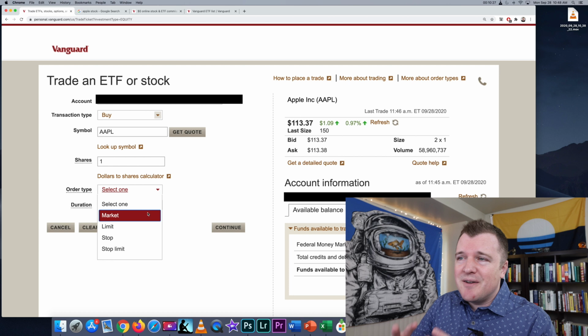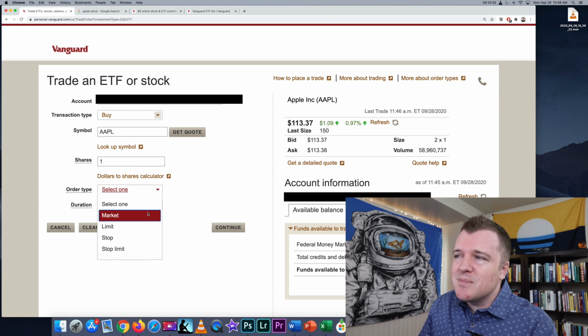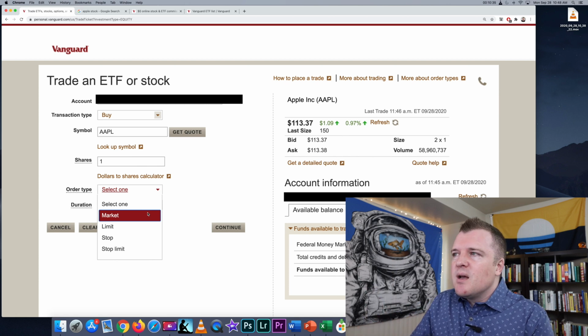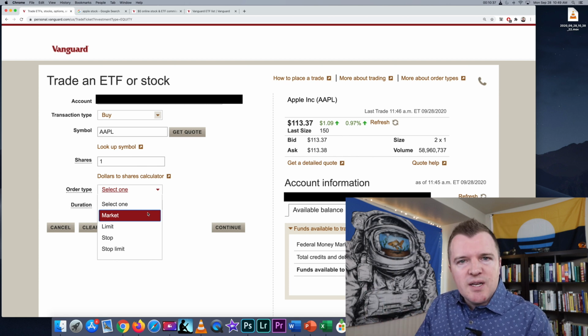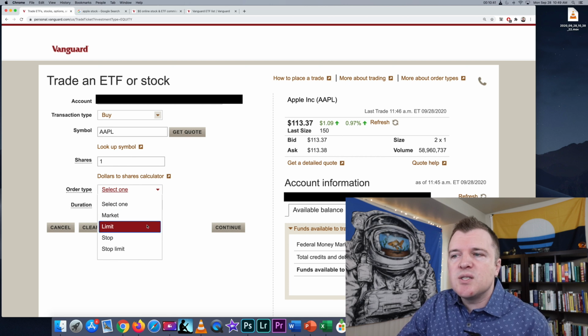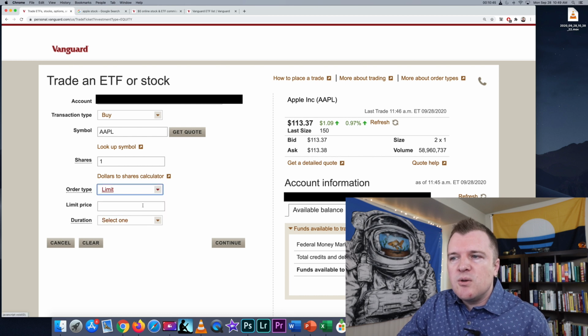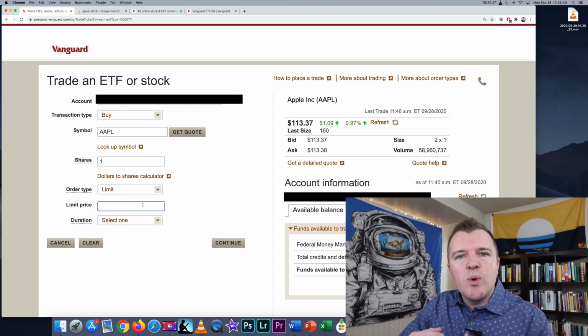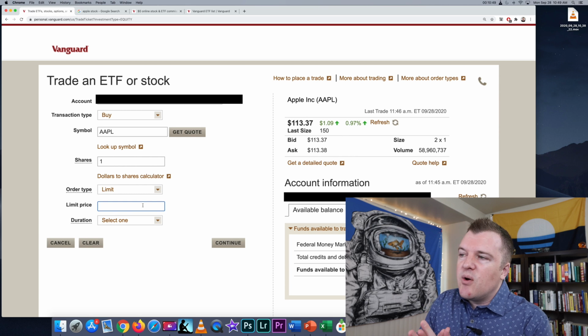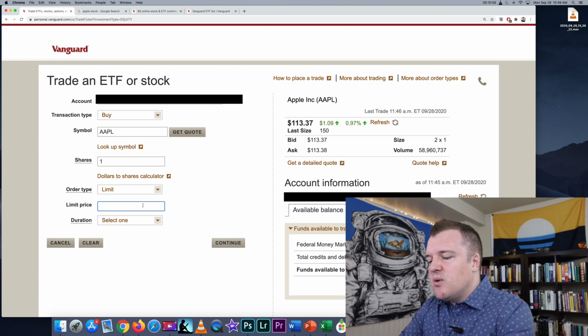Now, yes, if you take 5 or 6 minutes to fill out this page, the stock price definitely could have been moving in that time, so you might want to be careful. But a market order will just fill it as soon as possible. If you want to do a specific price, you can select limit, for example. So if we do limit, you then have to say, what price am I willing to pay for this? Now, if the bidders are bidding $113 and for whatever reason I don't want to pay that extra penny, you can just type in